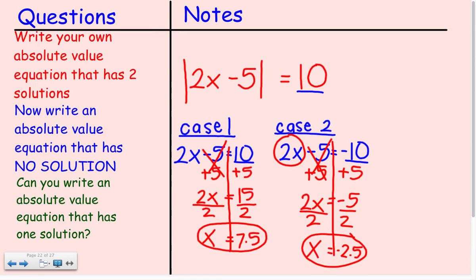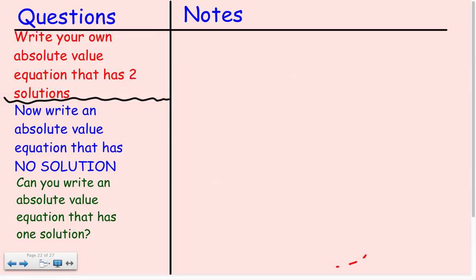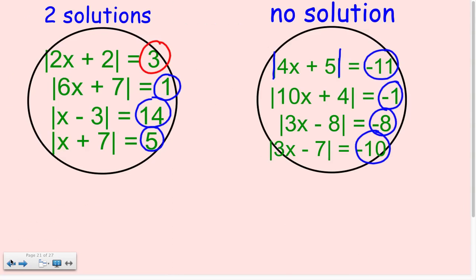All right, so we did this first part. Now we're on to the second part. It says, now write an absolute value equation that has no solution. Okay, so I'm going to erase what I have up here now so I have a little bit more space. Okay, so now if I look back to the last slide,